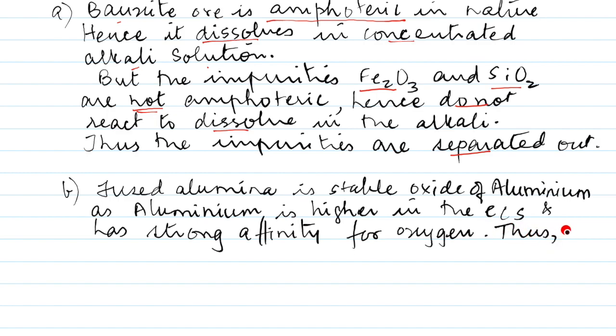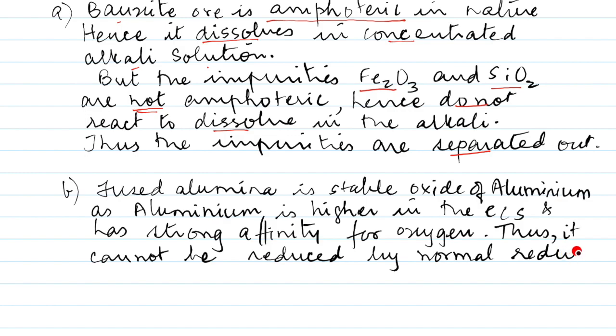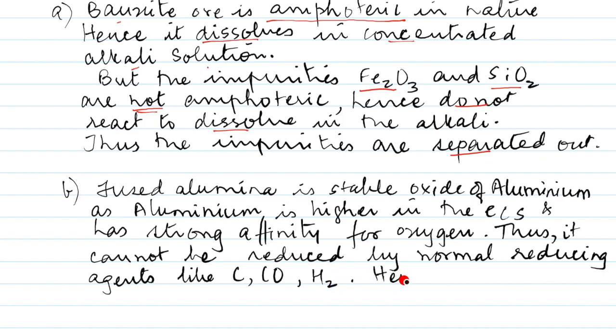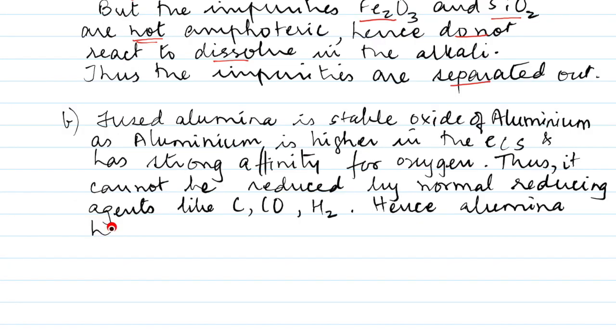Thus, it cannot be reduced by normal reducing agents like C, CO or H2. Hence, alumina has to be reduced